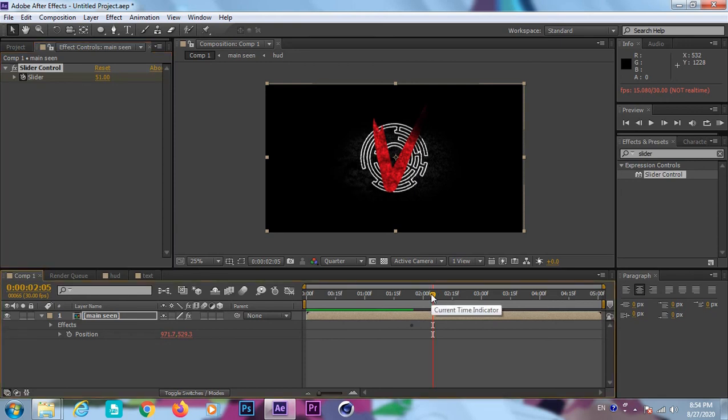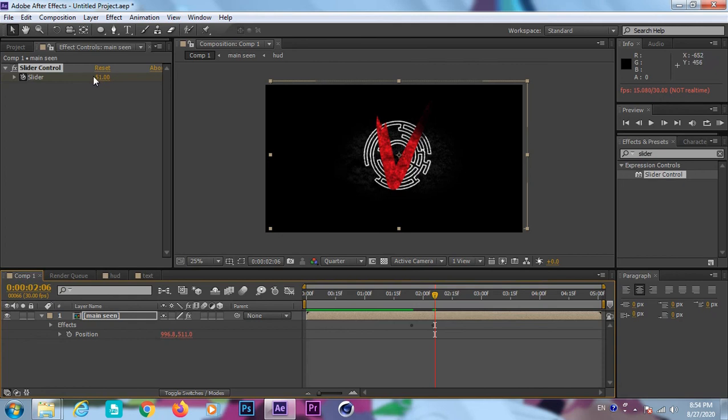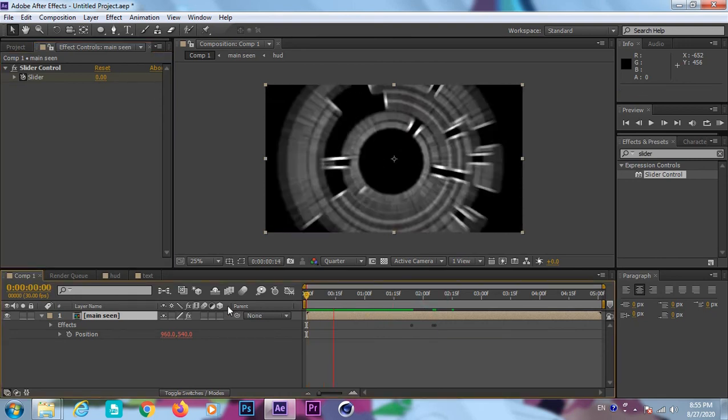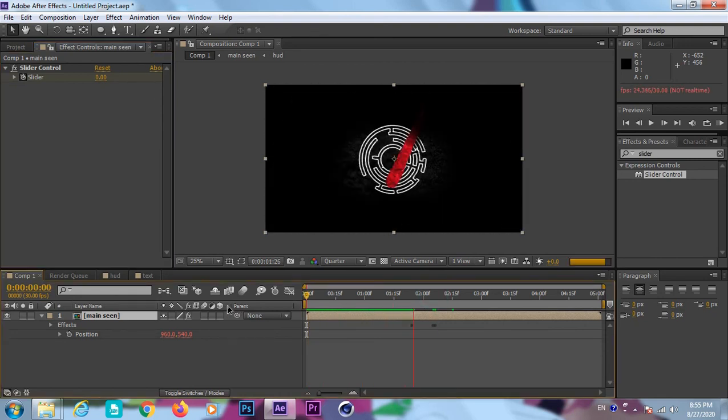Now move a page down, that means move ahead a frame. I'll decrease the slider amount to 0 and I'll preview this. Now you can see the preview. It's shaking the camera, or you can say shaking the screen. For me the background is black, so it will not affect the whole thing. Or you have to use the mirroring option in the effects and presets for scaling, exact scaling.